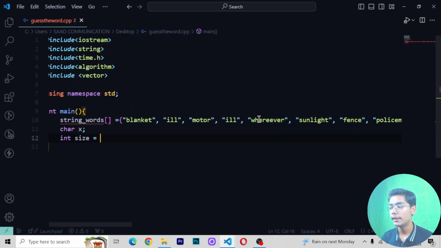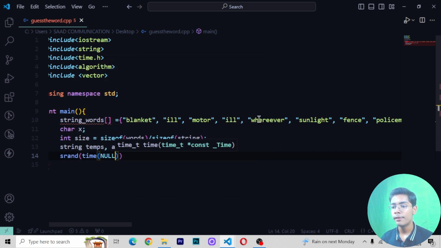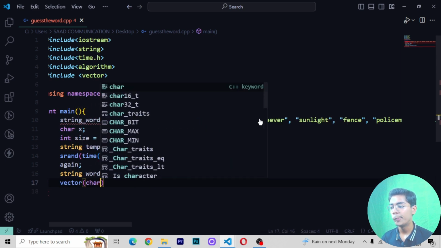Then I will be adding the size here, size of words, and then here I will be adding the size, and this time I will be adding the size of a string. So simply I will be adding the size of a string, then a string temps, and I will be writing again srand time, then here I will be writing the value as null, then I will be writing again string word equal to words, and I will be writing here rand, and then percent sign I will be adding here, and then write here size, then close it, and here I will be writing vector,